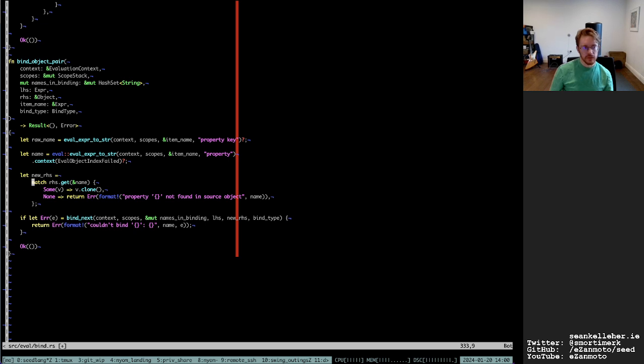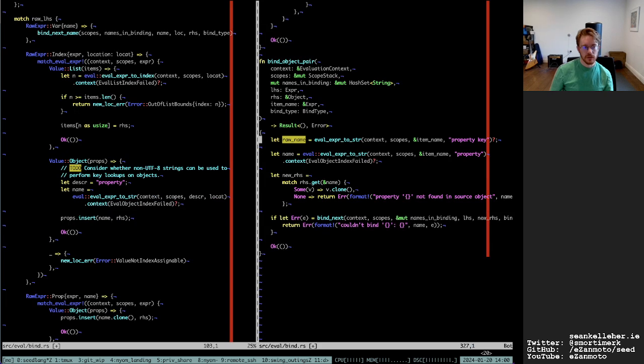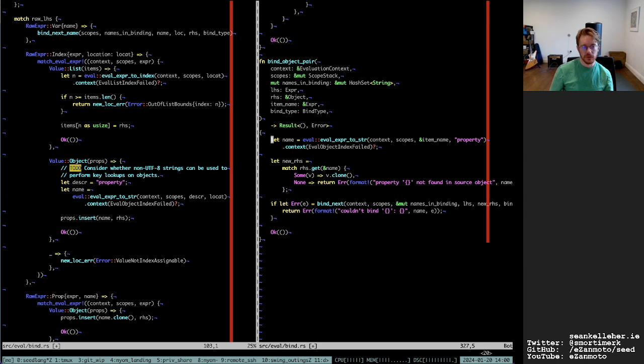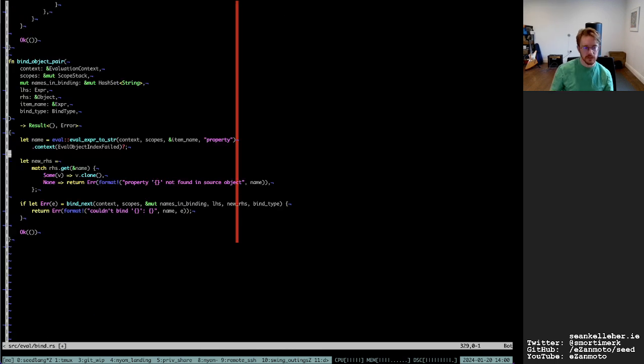Let's see, so we need to evaluate the name first anyway. So we get the value from the right hand side. Where's raw name used? Oh, it was used to get the UTF-8 and then that got renamed to name.